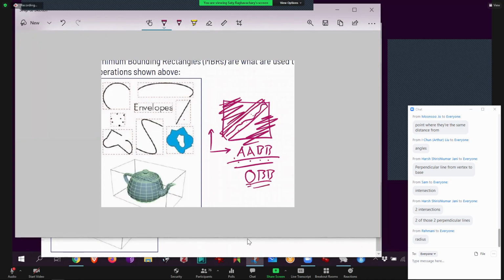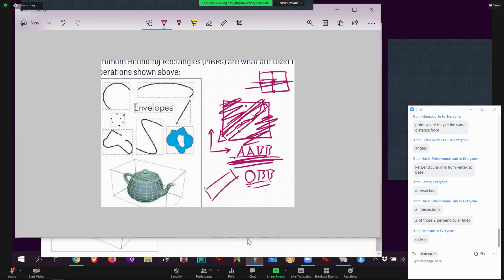Incredibly, in spatial databases, we do not use oriented bounding boxes at all. We only use axis aligned bounding boxes. One reason is the comparison is actually very simple. If I give you a point and I say is the point inside the rectangle or not, if statements here: if this x value is more than this value, and also if the x value is less than that x value, and if the y value is more than this value, and if the y value is less than that y value. Four if statements can tell me they all have to be true. If it is this, it's a more complicated algorithm to tell me.